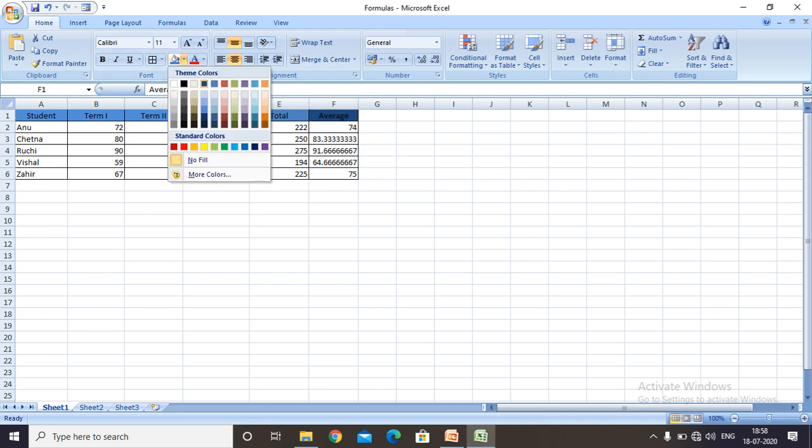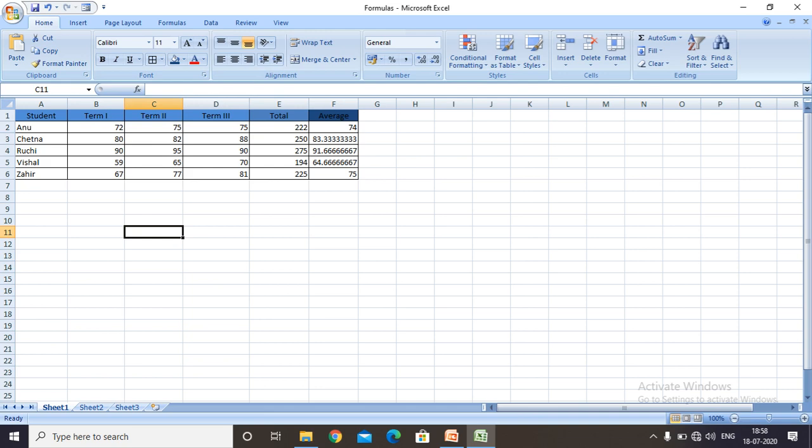Now, our third category is to use text formulas. We can also use text formulas in Microsoft Excel. Excel allows us to join text values or strings together. This operation is called concatenation. The ampersand sign is used to join the strings. When we write a string, we make sure that it is enclosed in double quotes. So, we should use double quotes and the ampersand sign to concatenate the strings.